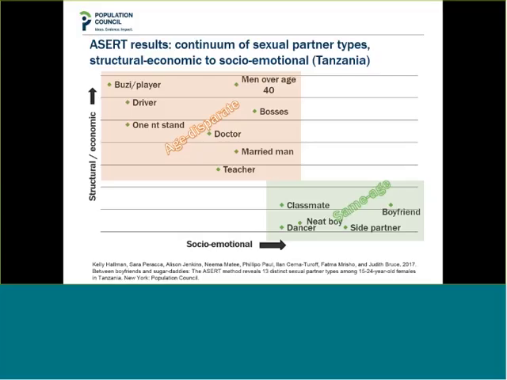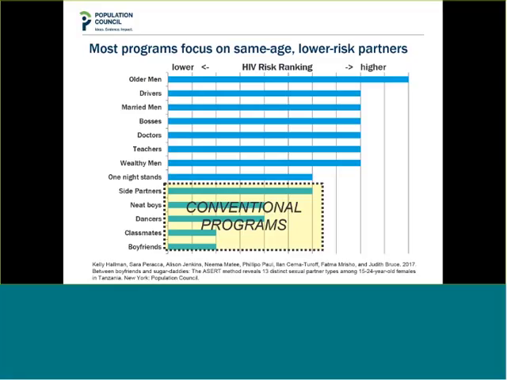In terms of same-age partners, besides the boyfriend, there are sexual side partners, dancers, classmates. These were girls who were in vocational training, not in school. And then this person called the neat boy, who dresses well and smells good and is attractive to girls. So what this slide shows is that of the 13 different types of partners that the girls articulated in both urban and rural settings in Tanzania,